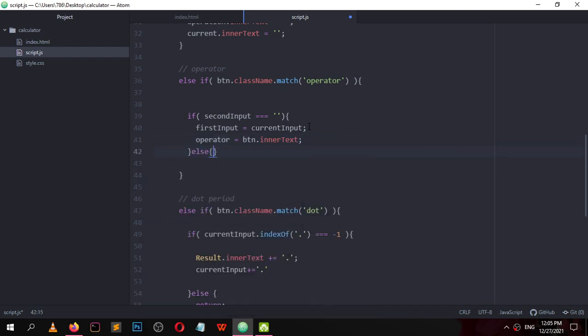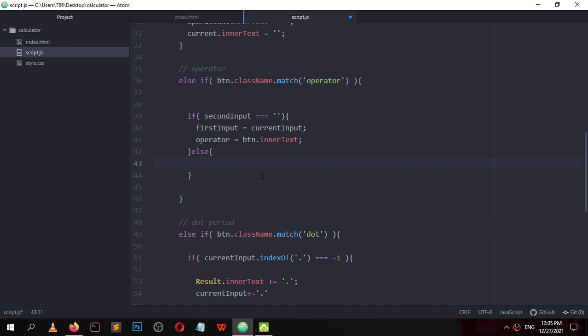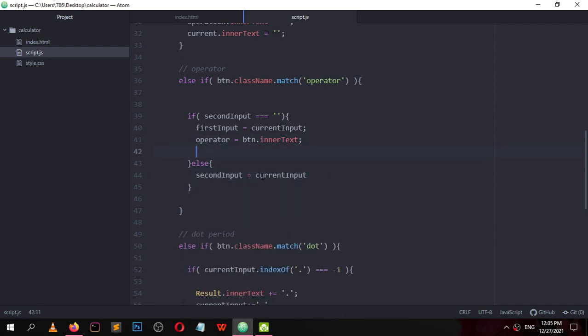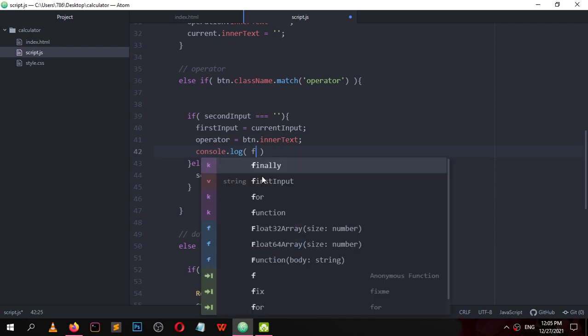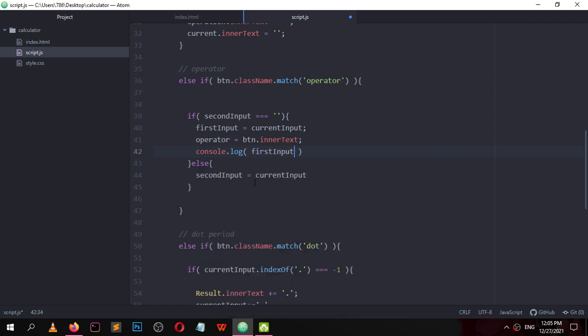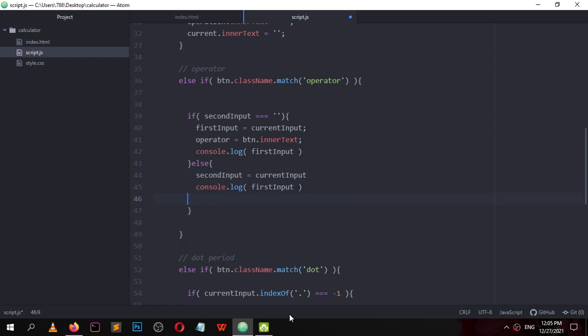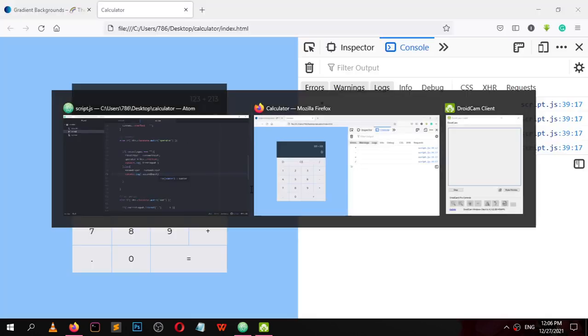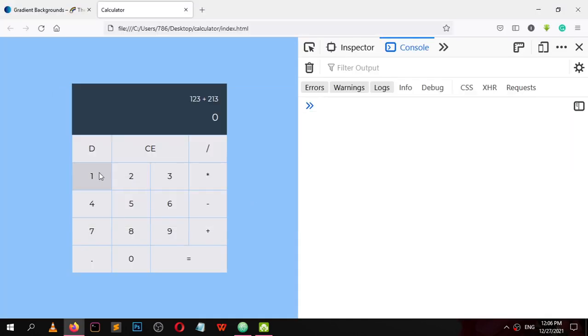Else do the opposite. Second input is equal to current input. Let me console.log first input, and here second input. Now reload 1 2 3.